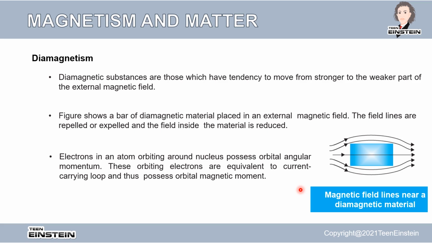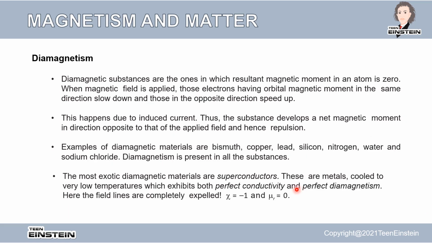We know that electrons in an atom orbiting around the nucleus give rise to an orbital angular momentum, and this gives rise to a current loop, and this gives rise to an orbital magnetic moment. So in diamagnetic substances, the resultant magnetic moment in an atom is zero. So when you apply a magnetic field, the electrons having orbital magnetic moment in the same direction slow down and those in the opposite direction